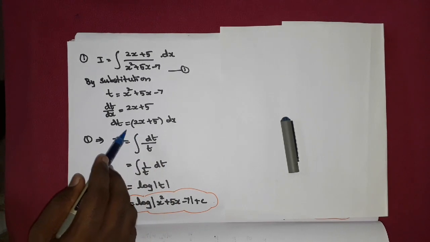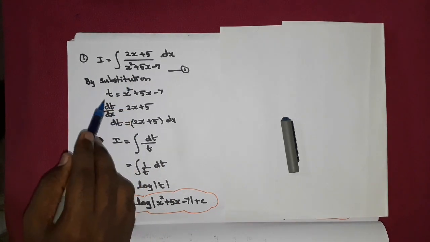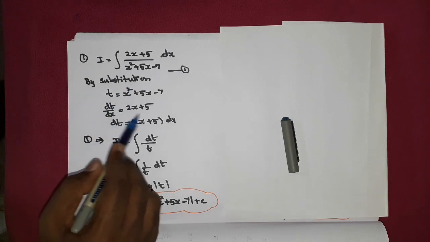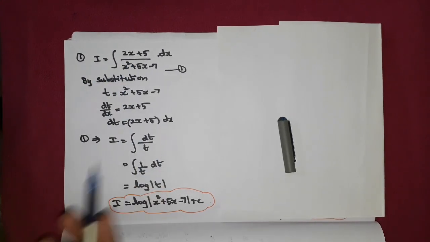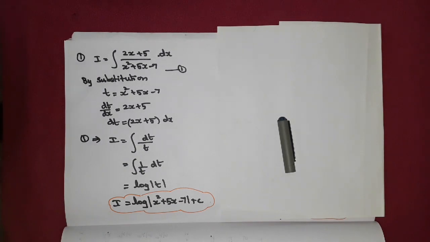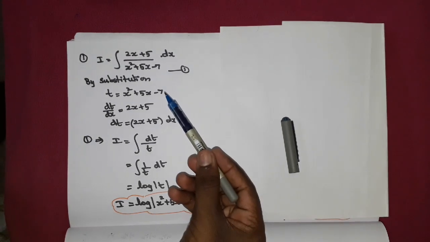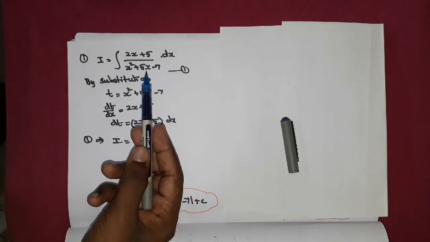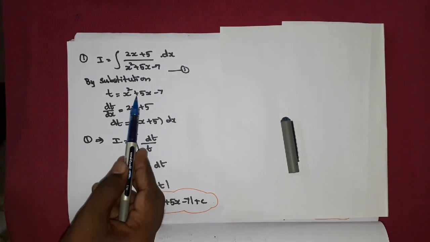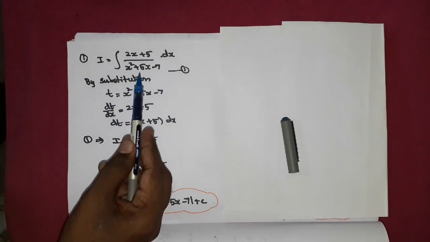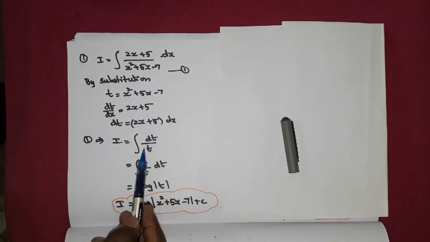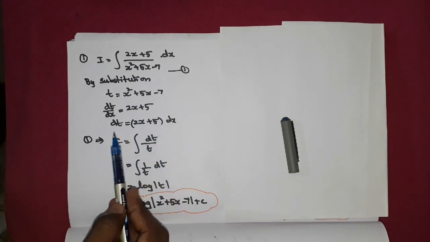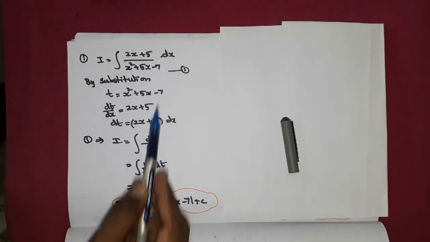Now you can see when you take this as t, its derivative, that is the 2x plus 5, is available in the numerator. So we can apply the substitution method, because we know substitution method is applicable only when a function and its own derivative lie in the given integral. So the function and derivative both are present in the integral, so we can apply substitution method. So this is t and this will be dt. So in this place I am going to apply t in the integral, so this will become t, right? And instead of 2x plus 5 into dx, I am going to apply dt. So this place will become dt.